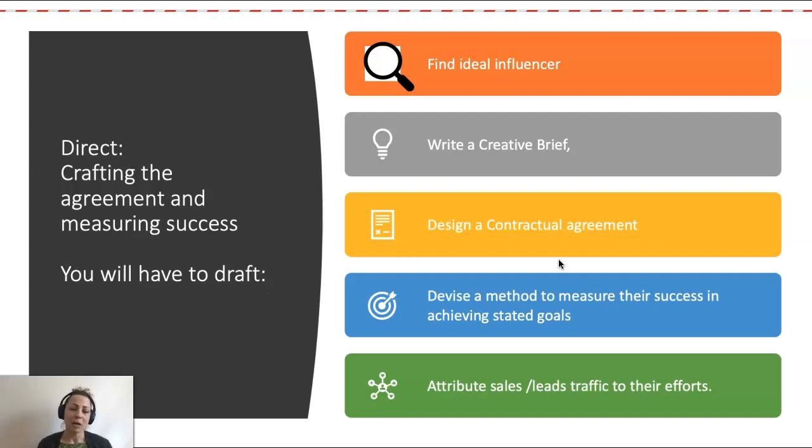And then you need to think about how you're going to attribute the influencer's activities to what's happening with your digital assets. Let's say, for example, since you've been using an influencer, there's a sudden spike in traffic. How do you know that that traffic is coming because of the influencer's activities? So hopefully you guys will remember one of the first sessions we did when we looked at Google Analytics and how you can actually set up campaigns. So you'll be able to see if traffic is coming from the influencer's website.